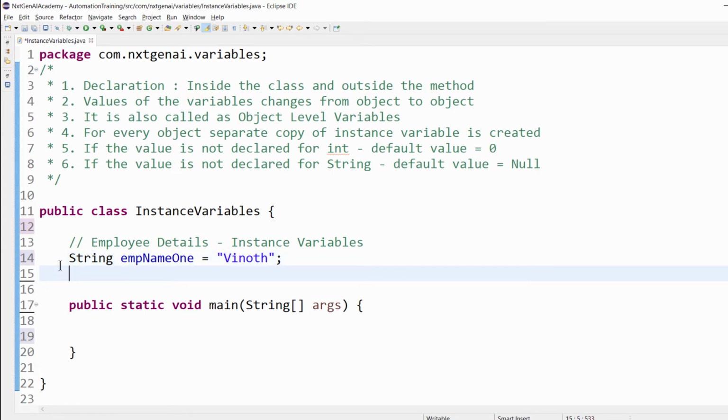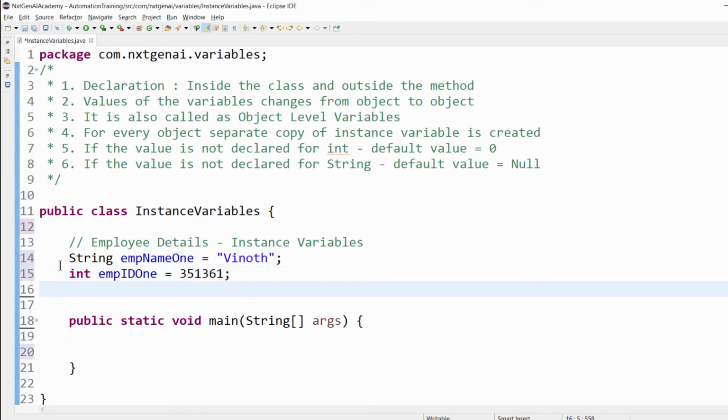Then every employee will have an employee ID, which falls under the integer data type. So employeeID1, something like 351, 361. Then every employee will have a salary, employeeSalary1, something like this, semicolon.